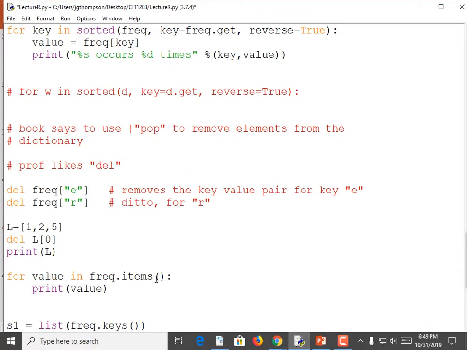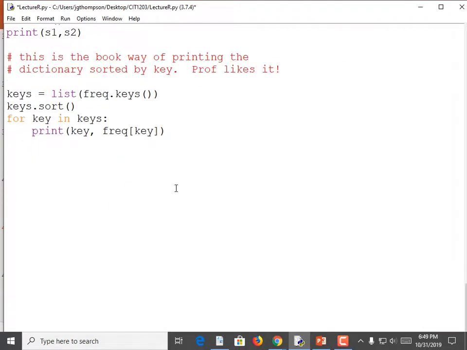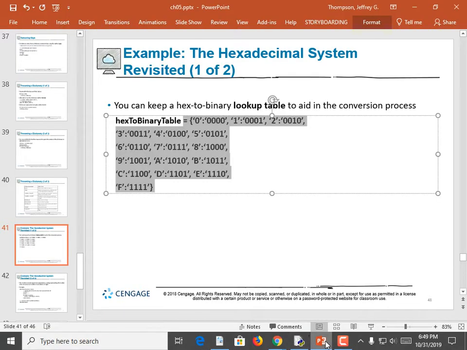Sometimes with lists we do this, right? L equals, like that, and then we put some values in there. You can do the same thing with dictionaries, but the syntax is pretty nasty. You can see the example of the syntax there. If I was going to do a hex to binary table, I would probably go ahead and just add them. Something like this,